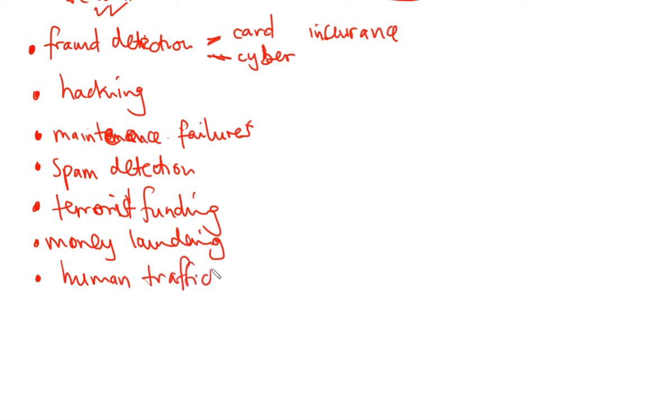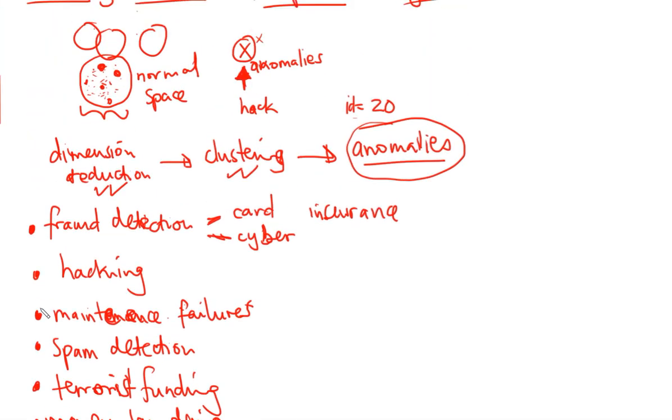Human trafficking. When you do not expect people to come from a certain country with a certain age and so on, it's like, why are we experiencing, all of a sudden, this many people coming to our country from this particular region that we never saw people from, especially of this particular age, with these particular people? It can fall outside the normal space when you cluster the visitors based on their